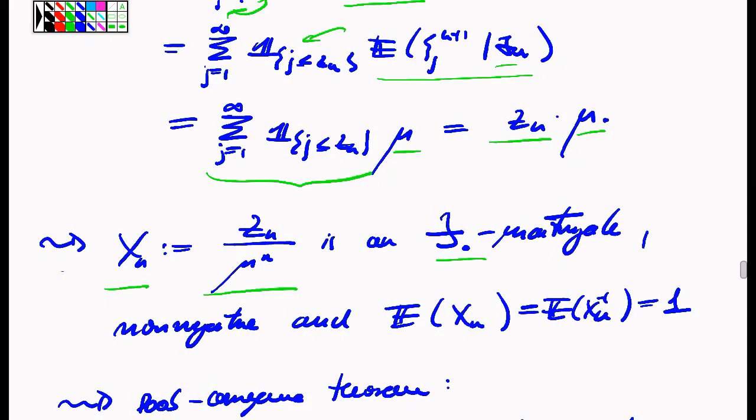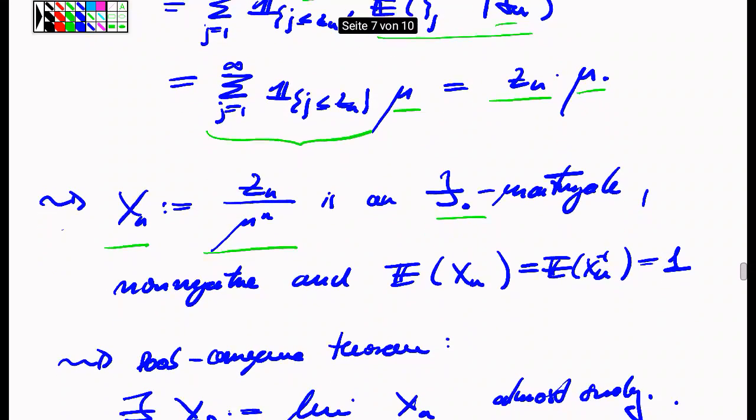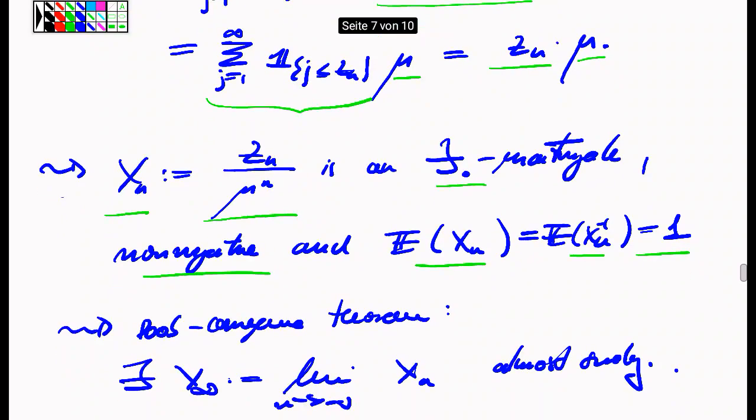So here we have to divide by a certain power in order to obtain a martingale. Moreover, since Zn is non-negative and mu^n as well, this is a non-negative martingale, and the expected value of this non-negative martingale, as we have seen, is just constant, equal to 1. And obviously, since it is non-negative, this is the same as the expected value of the positive part of this martingale, and therefore we are in a situation where we can apply the Doob convergence theorem,